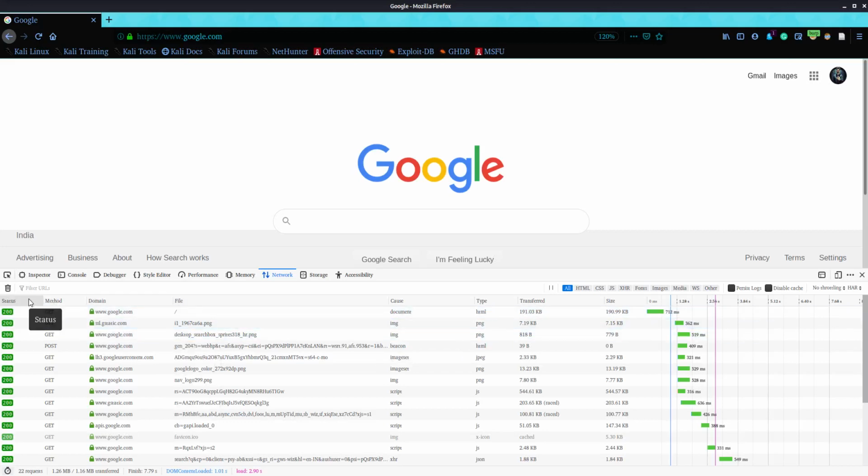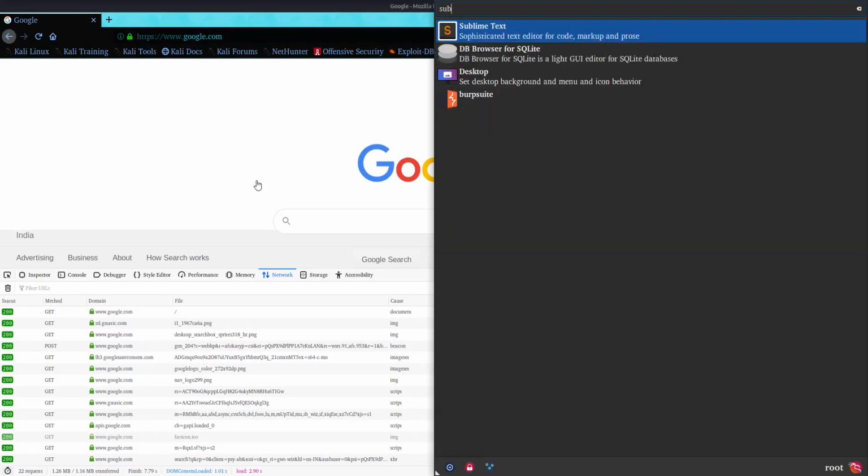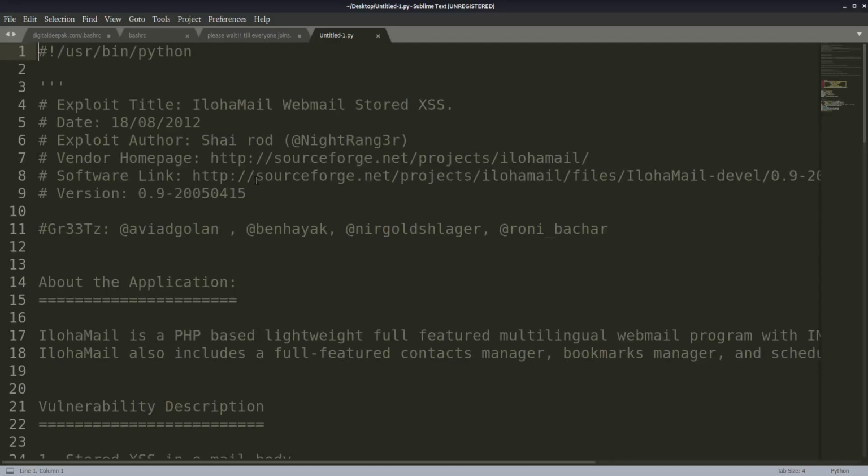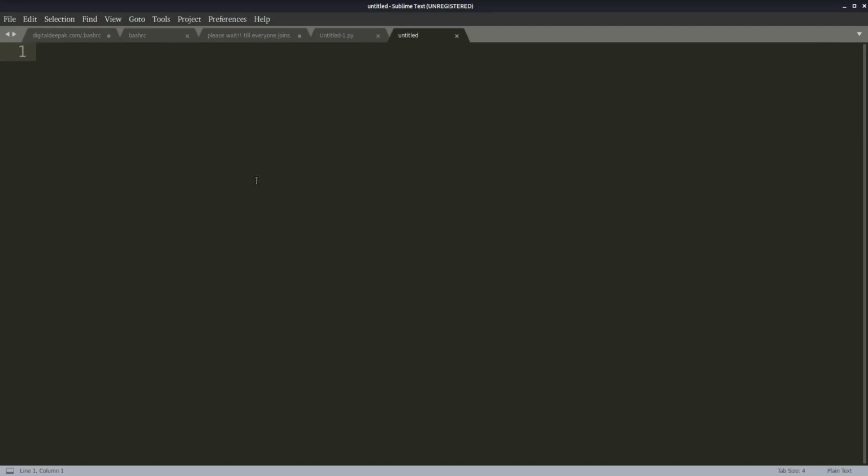So what is a status code? An HTTP status code tells us how the web server responded to our request. When we get any status of 2xx, this can be 200, 201, 202, 203, and so on.